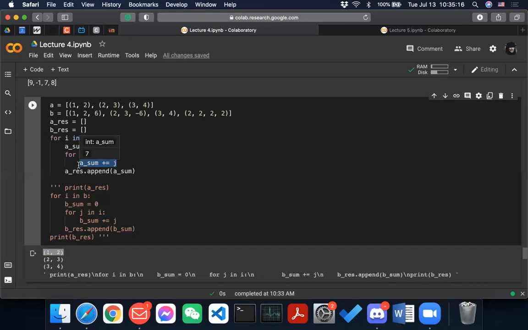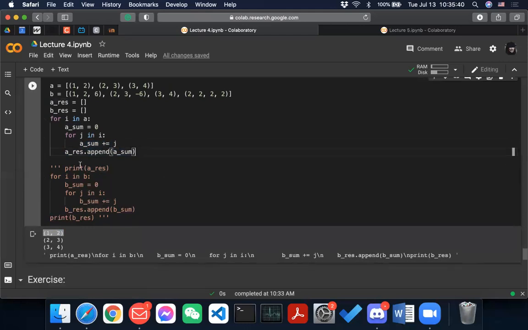And yeah, this sums up all the values in the tuple, and then you can have a result array, or a result list. And then after you are done with each tuple, you just append sum, right?